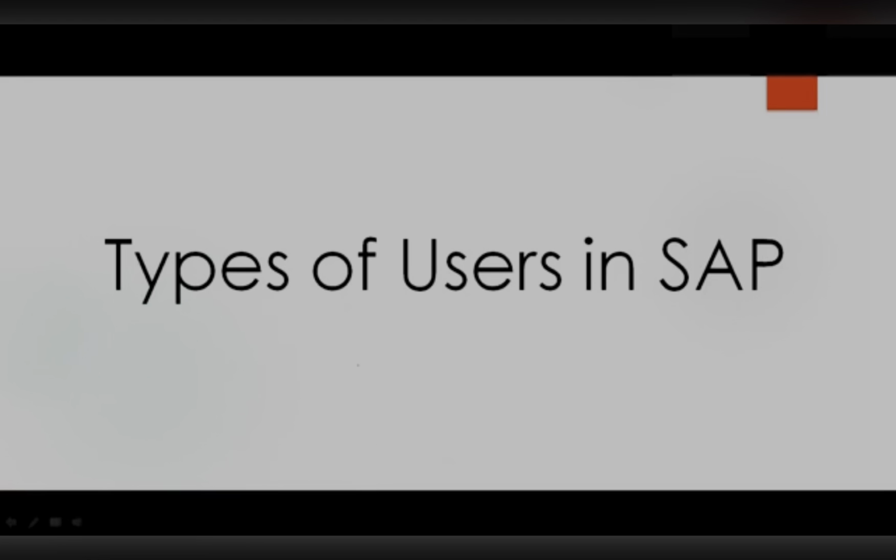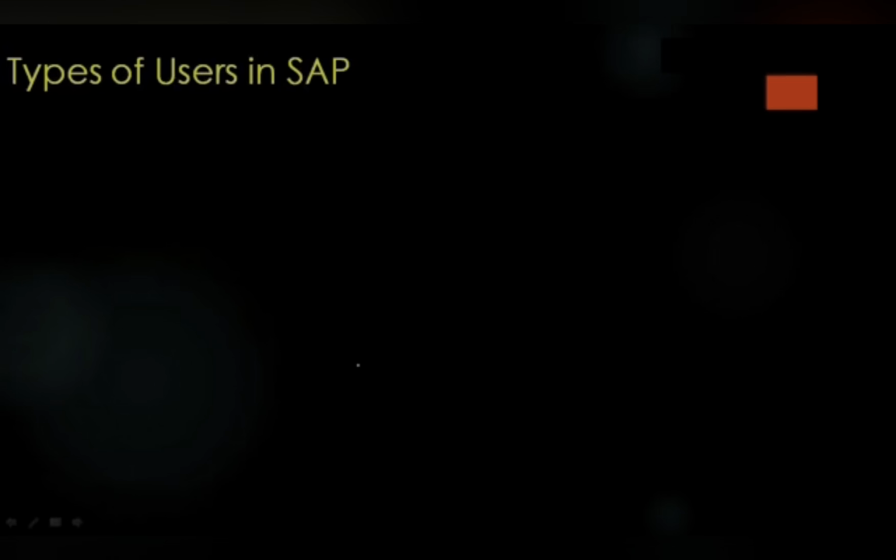Now we'll discuss types of users in SAP. We have mainly three types of users in SAP. One is end users. Who are the end users? End users are the people who are working as an EU. They are the users of SAP. For example, most of us use Facebook or LinkedIn. So we are the end users of